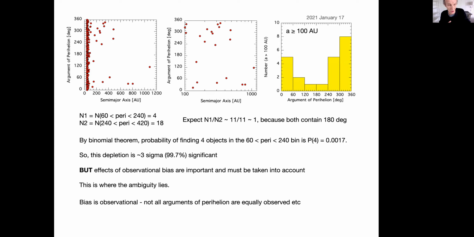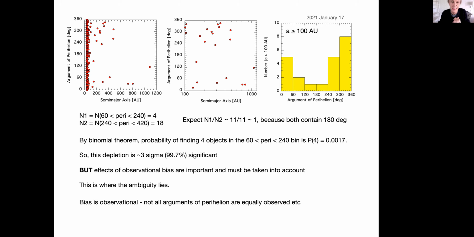And you see that for small semi-major axes, in the top left diagram, you have objects everywhere. So that's a vertical band of red dots. They're everywhere at all angles. But if you look only at the ones with a semi-major axis bigger than 100 AU, for example, that's shown